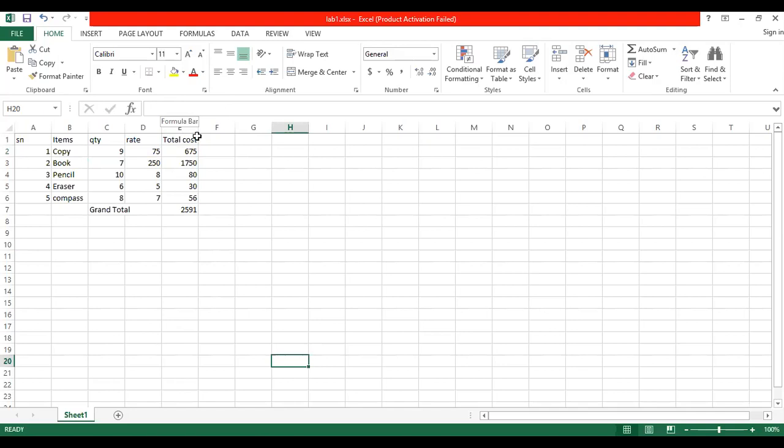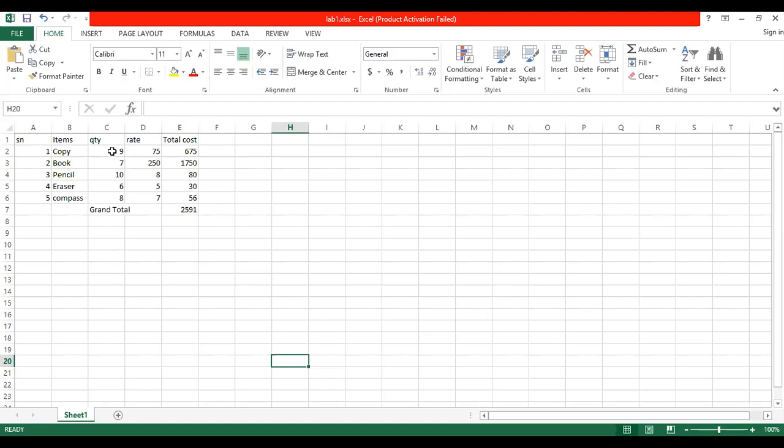Okay, then you have cell address. You must know the name of the cell address. What is called cell address? You can say that the address of a cell is called the cell address. Or you can say a specification of a cell is called the cell address. So what I want to say here: address of a data, that is called the cell address.